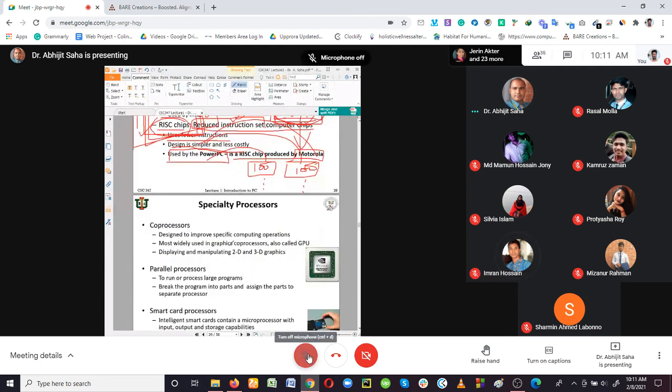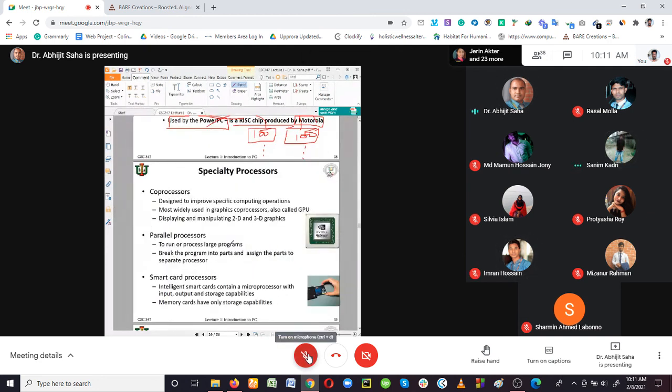Yes, sir. Yes, sir. Okay, so here we are getting the specialized processor. So that is what I was asking in one class: how many processors does a computer have? Do you know? If I ask you how many processors your computer has,